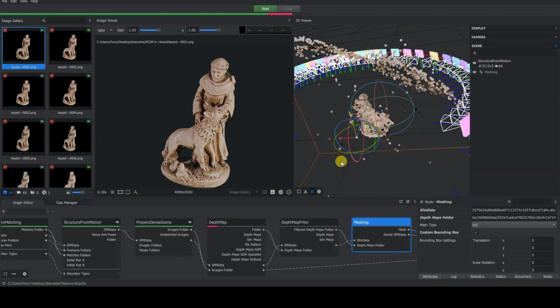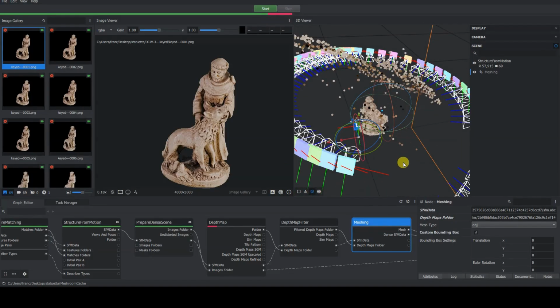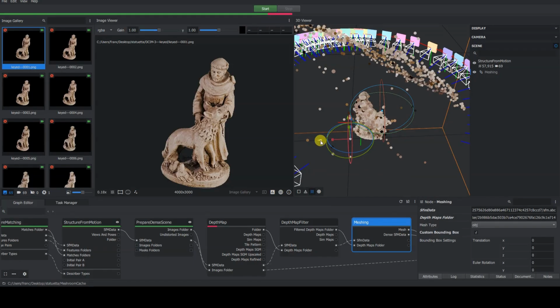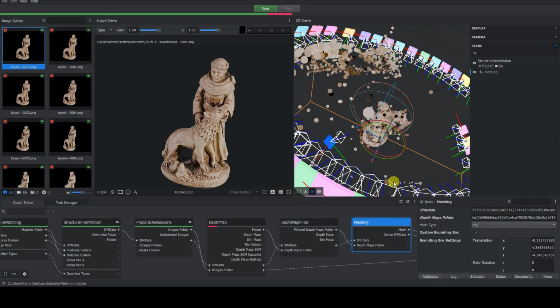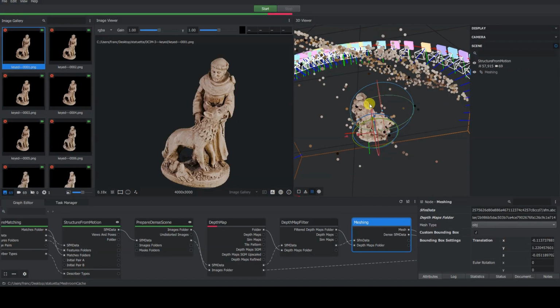Specifically, I'll show you how to resize the camera icons and the points detected by the Prepare in Scene node in the 3D view. This can be useful to better identify the areas we're actually interested in for the reconstruction, so we can then resize the bounding box defined in the Meshing node, as I explained in the mini-series.